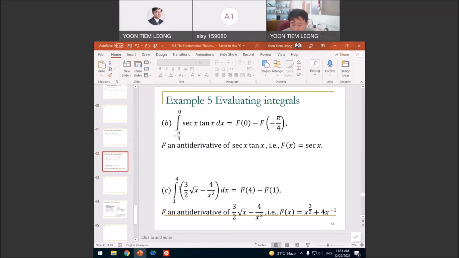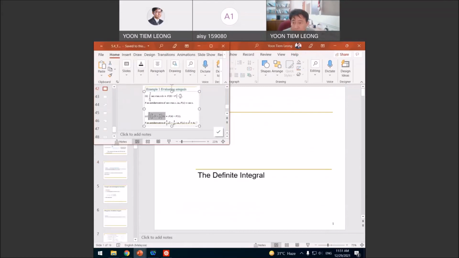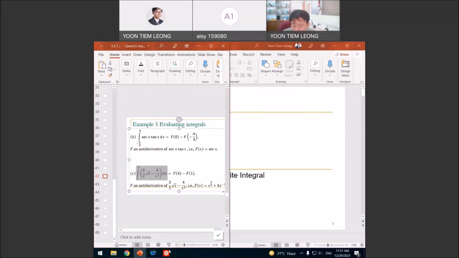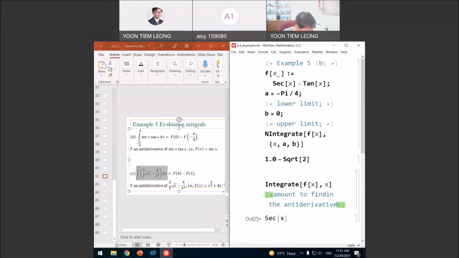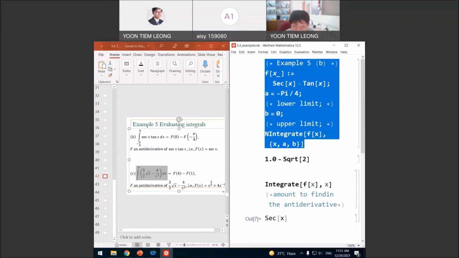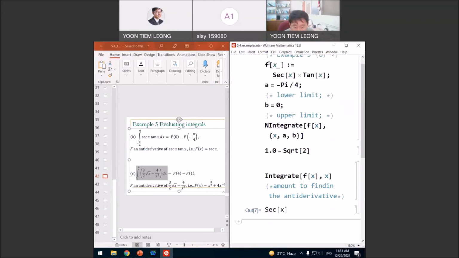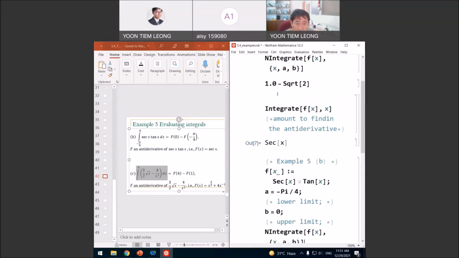Okay, so example C is the integration of this, right? So let me see what is the answer according to Mathematica. Then I'm going to do this and then check it. Okay, so I think you can see my screen on Mathematica. So one side is okay. So now I just have to copy and paste. So I'm looking at